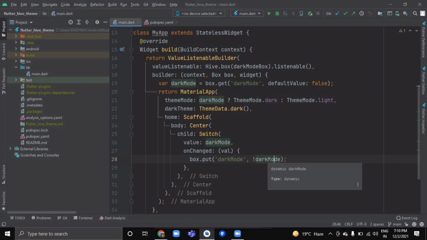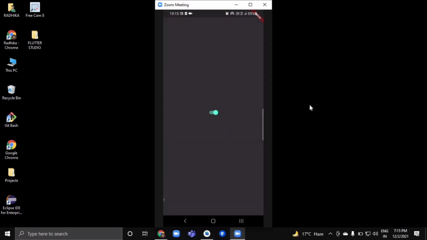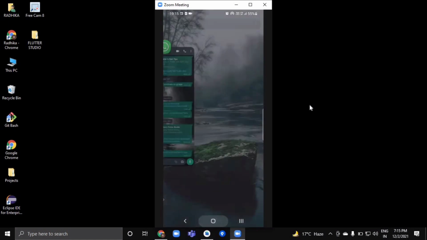So that's all. Now when you run your application, you will have such a screen on your device, where we have a switch tile inside the center of our scaffold. Now if we tap on the switch, then it will change, and the theme of our application will change as well. And again if we click on it, now it is dark mode, and if I switch it on, light mode. And now after closing this app I will open it again, and this time the light value which was stored last time, that mode will be visible on our device.